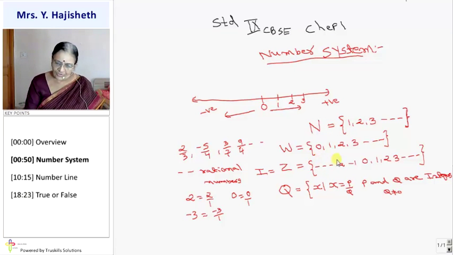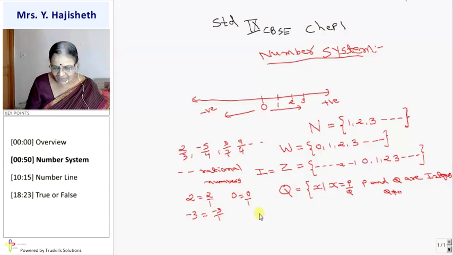All whole numbers belong to Z. All elements of W are in Z. So W is a subset of Z. Z is a subset of Q and Q is a subset of R. In state board, standard set theory is in that syllabus. Every collection which is well defined is called a set. So here N, W, Z and Q are sets because they are well defined.